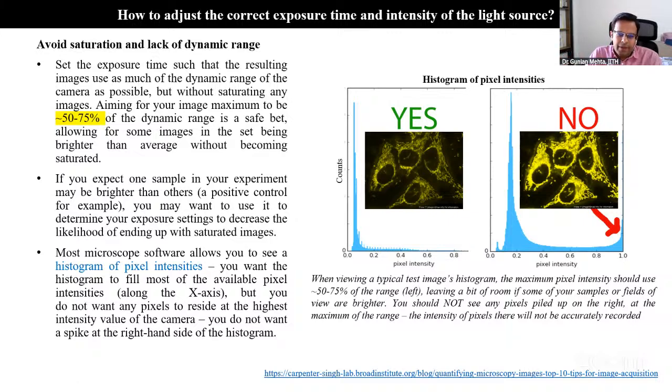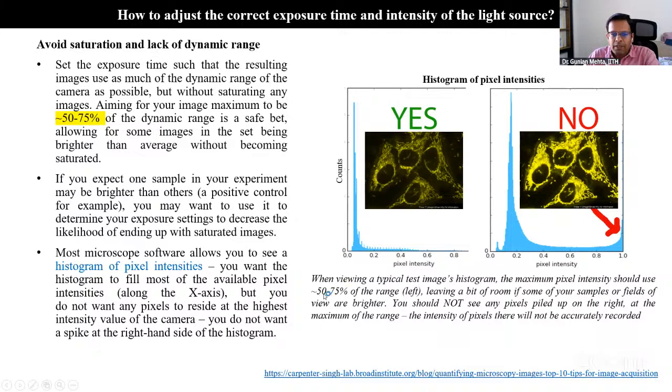saturated. So here you can see that on the y-axis the counts of the pixels are there, right? Most of the pixels have a fluorescence intensity value between 0.0 and 0.2, and then some of the pixels are bright also. They have a fluorescence intensity value of up to 0.6 pixel intensity, right? So generally, this is the ideal range. You should make sure that this graph remains on the left, and there is some tail which goes up to 0.6, and some portion should remain empty also.